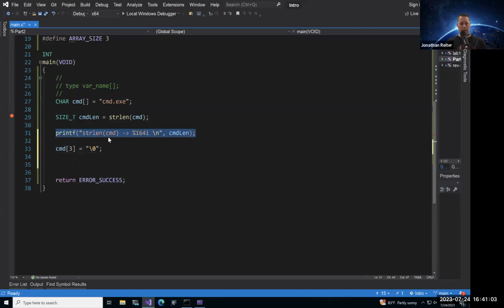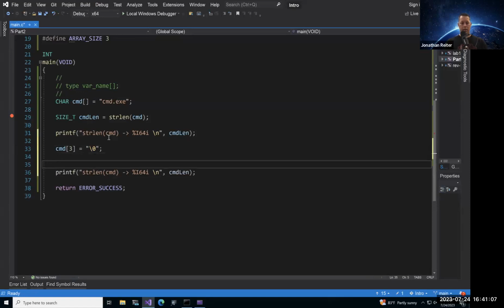Before we do the strlen and show what that is, add another printf statement above that one that says the string is %s and newline.